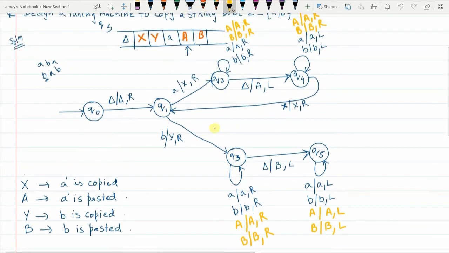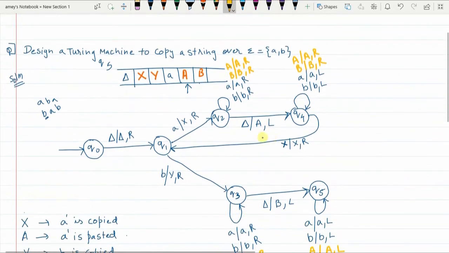So there is a symmetry. Whatever you do here, the same thing is happening here. Basically, this iteration is for copying pasting A's, and this iteration here is for copying pasting B's. Okay. So you are currently in Q5 state. You are reading now capital A. So what you do? You ignore that capital A, and the pointer moves one place to the right. Then you get small a. So ignore that small a also, and the pointer moves one place to the right.